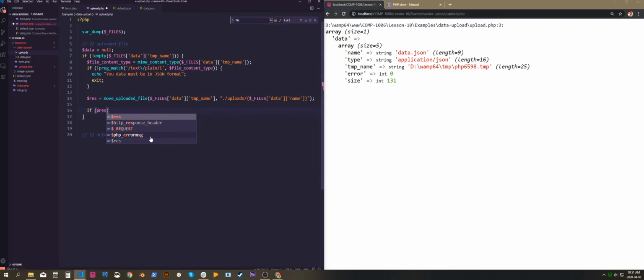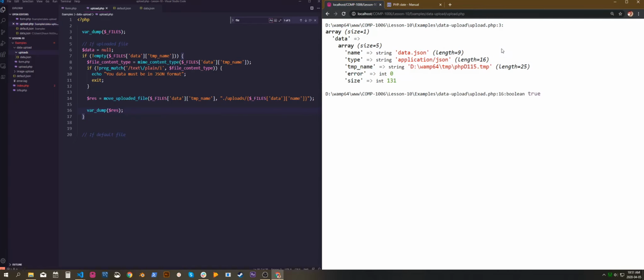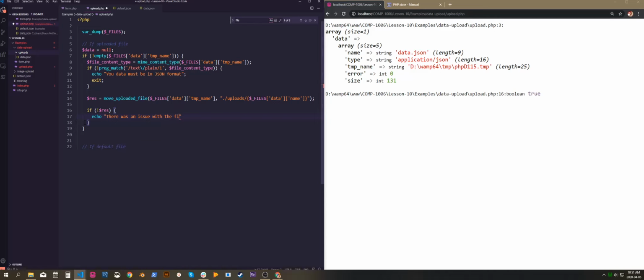If $res, actually, I don't think it does return a Boolean. I think it returns nothing. So let's check. Oh no, it does. Cool. So if res, so if we actually have the file in the right location, then we can go ahead and process the data. So if not res, we can say echo, there was an issue with the file you uploaded. Please try again. And exit. Otherwise, we can